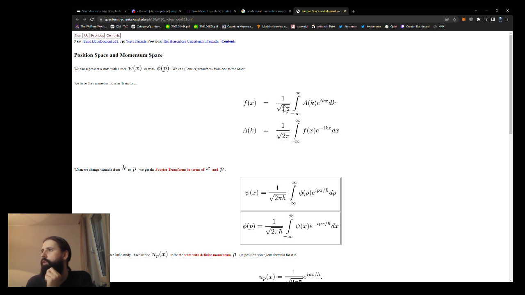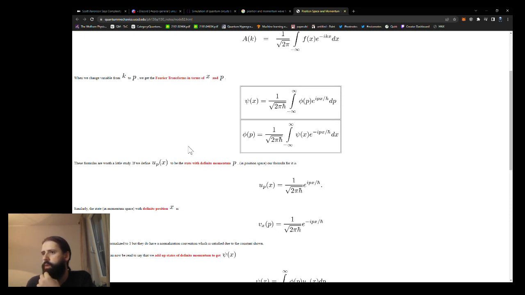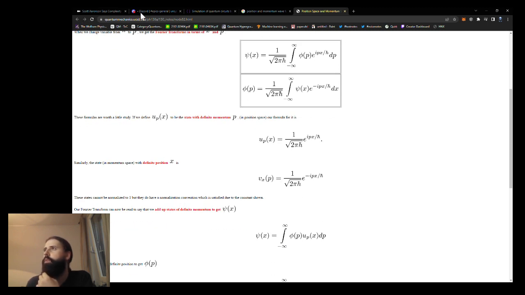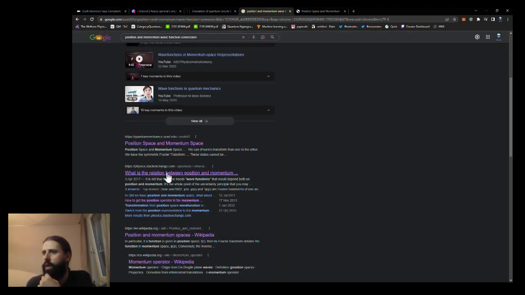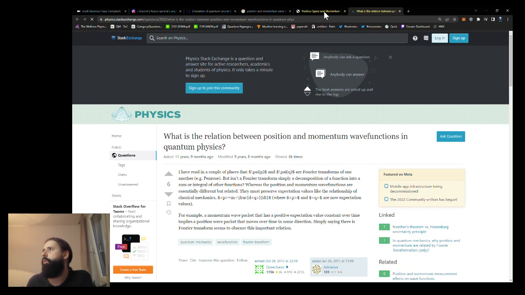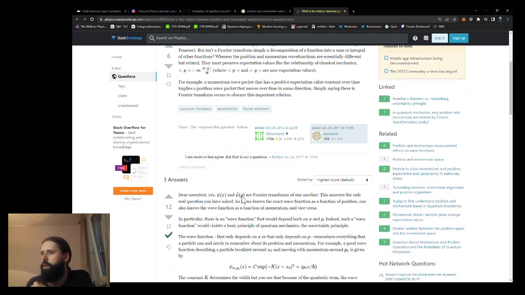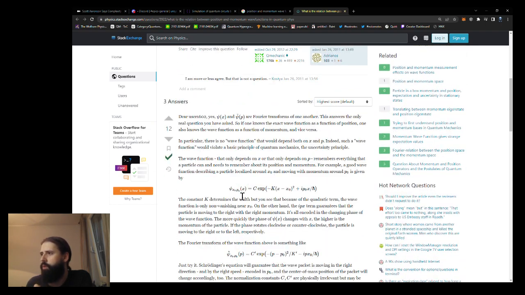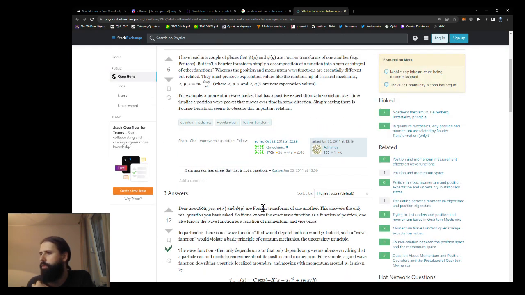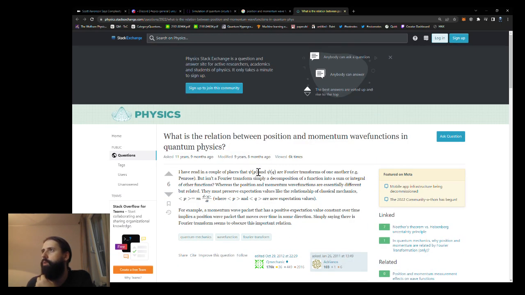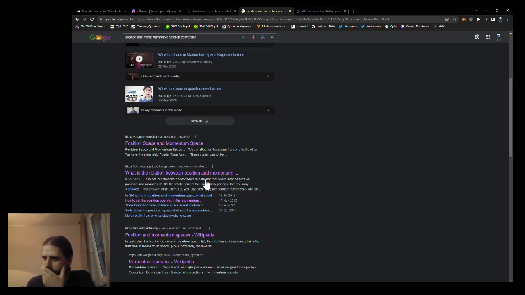So you have wave functions that depend on position and time, but then there's also momentum space. What I assume is momentum space is then you would have a wave function that is a function of p, right? That's fine. And one of the things that I wanted to understand is why there is this Fourier transform relationship, and how do you get there. I was also refreshing the concept of operators.